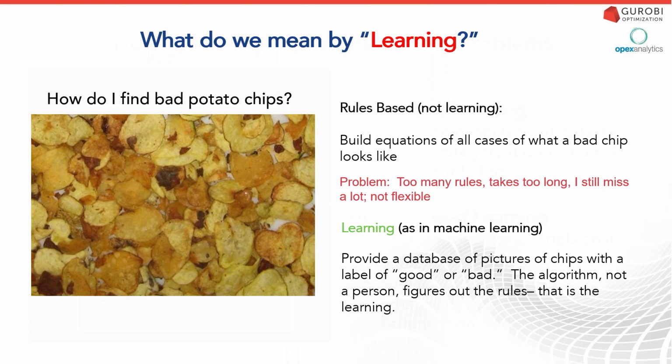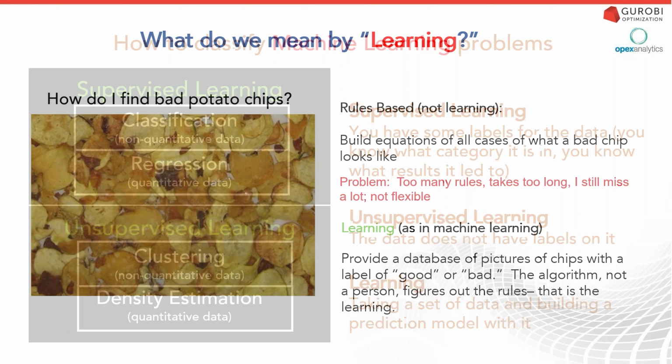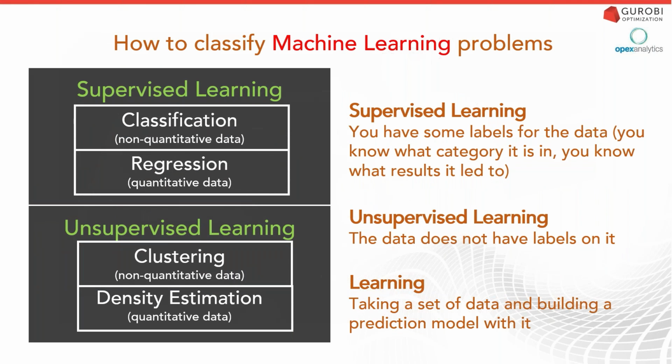So instead, this is where learning came from. Folks realized that if I could somehow get the computer to recognize these patterns without me having to provide the detail, I could be a lot more efficient and scale a lot better. For example, in this case, I'd provide the algorithm a set of pictures of all the potato chips with just a label that says this one's good, this one's bad, and I wouldn't provide anything else. Then I'll let the algorithm figure out what the patterns were that led to a good chip or a bad chip. This is how we're using the term learning. We're feeding the algorithm some set of information, and we're letting it figure out what the patterns and the rules are.